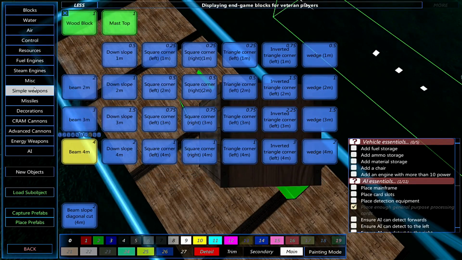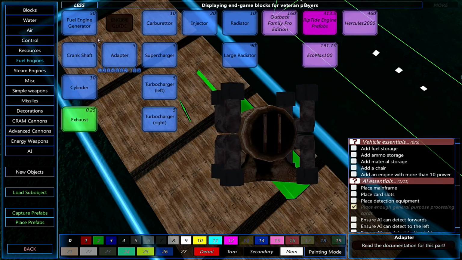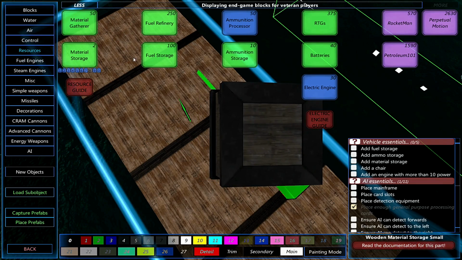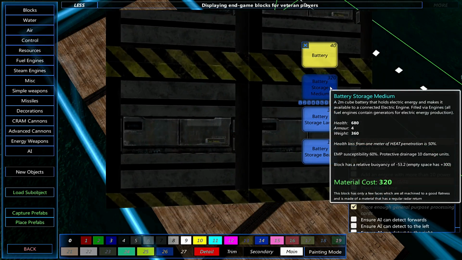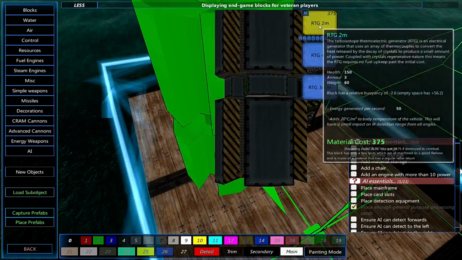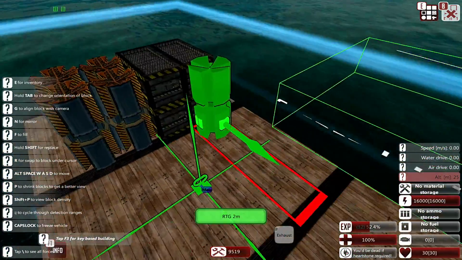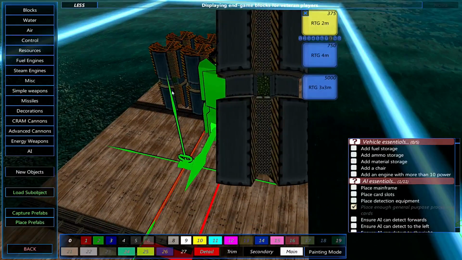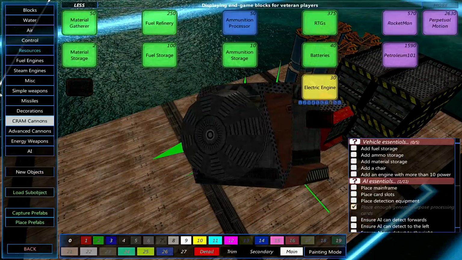Now, we're just going to need simple... I mean, I do kind of want to go electric, to be honest, just so it doesn't use energy to do what it's got to do. The primary thing is about having enough RTGs to keep it running, as it does take a bit of power to do that. Alright, electric engine, and then